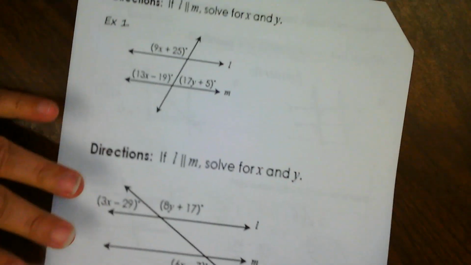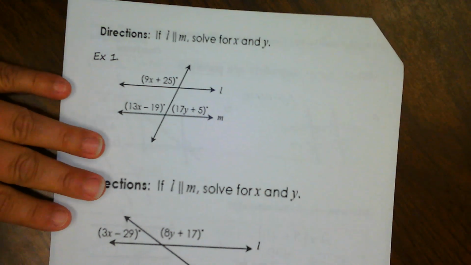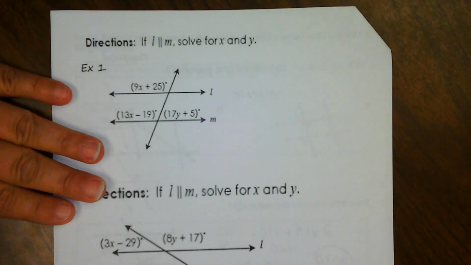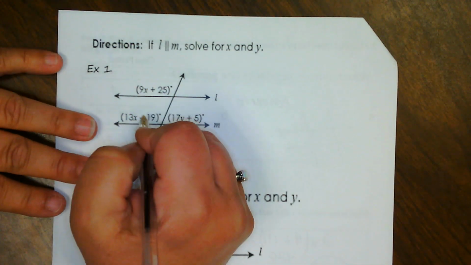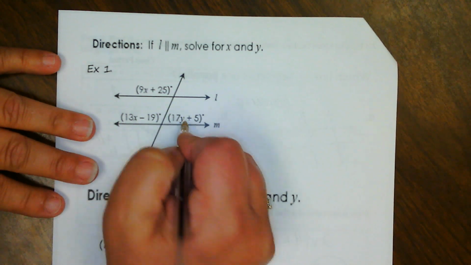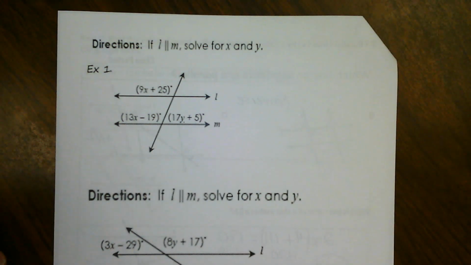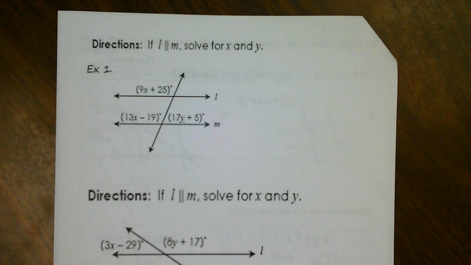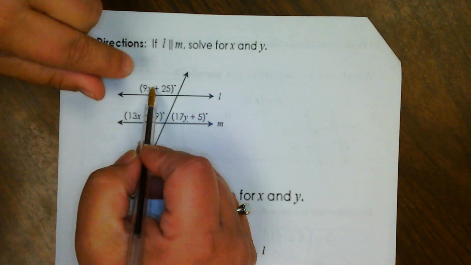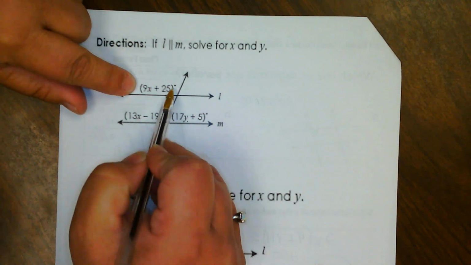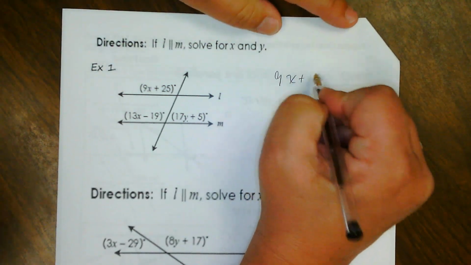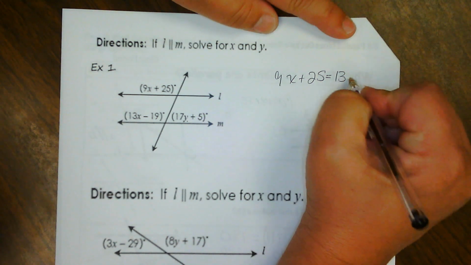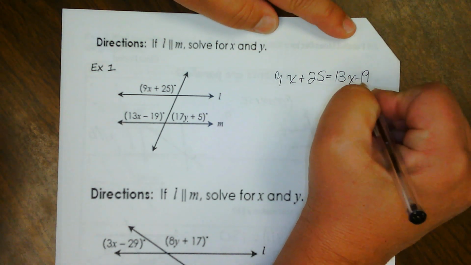Second set of notes here. Like I said, this is all the same stuff from the last lesson, but we're just adding a little bit to it. So here I've got two expressions that have an x in them and one that has a y. Now, I cannot set that y expression anywhere with that x and solve for both variables at the same time. I cannot do it. So you need to pick the two that have an x in them and determine their relationship. They're congruent. So if I put 9x plus 25 equal to 13x minus 19,